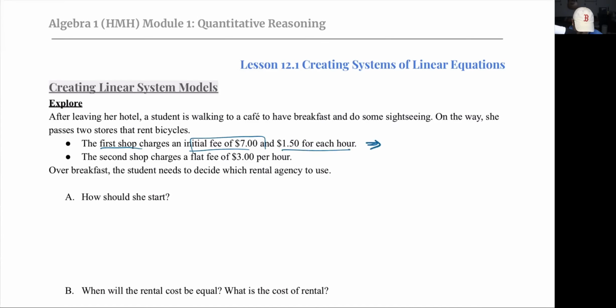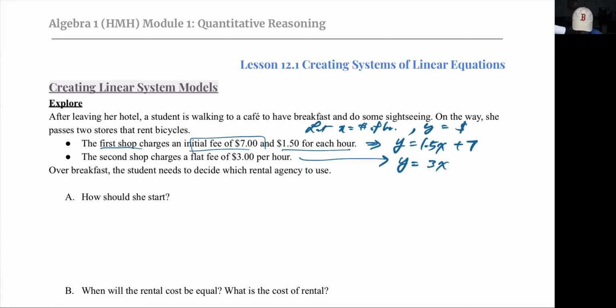slope. So I think we can say y is equal to 1.5x plus 7.5. And then what do we have for the second one? The second shop charges a flat fee of $3 per hour. So there's no initial cost. It's more expensive per hour, but there's no initial cost. So we could say y is equal to 3x. Clearly from the context, we're going to let x equal the number of hours that we rent, and y is going to be the cost of renting,